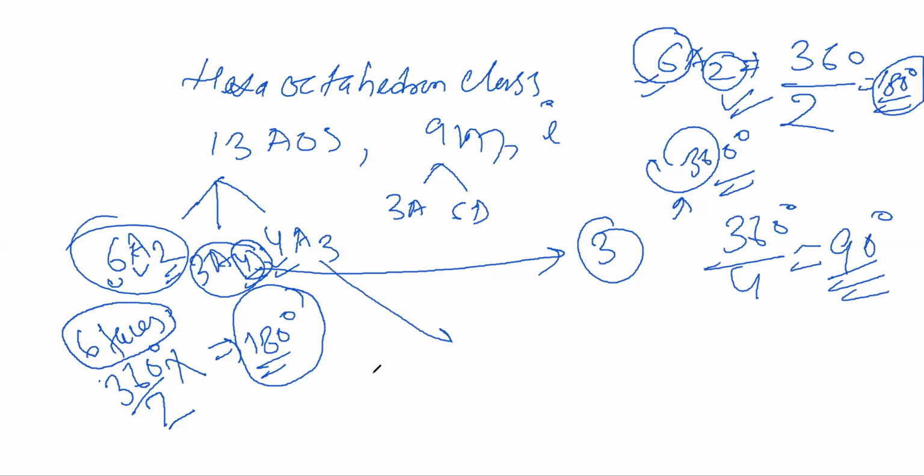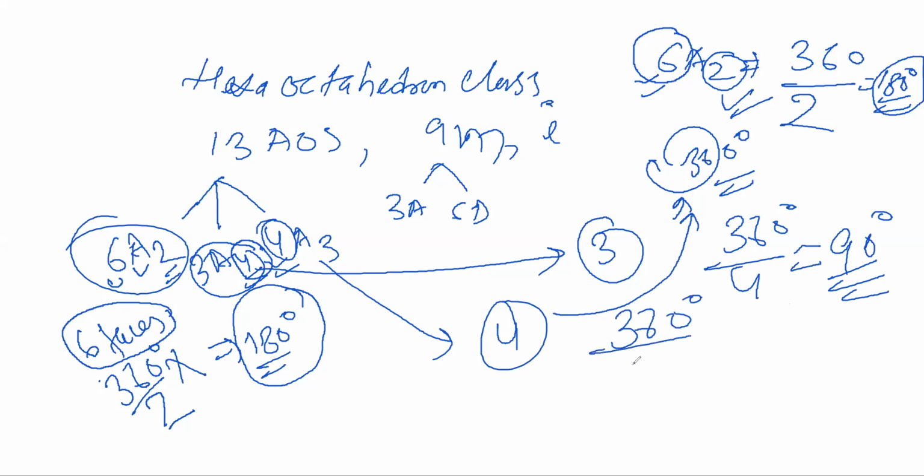In a similar way, here there are 4 such axes along which if we rotate a crystal 360 degrees, the same face repeats 3 times, which means after every 120 degrees you get the repetition. Getting my point or not?